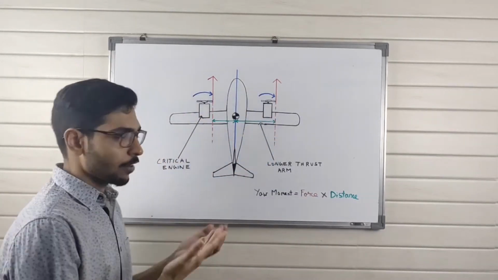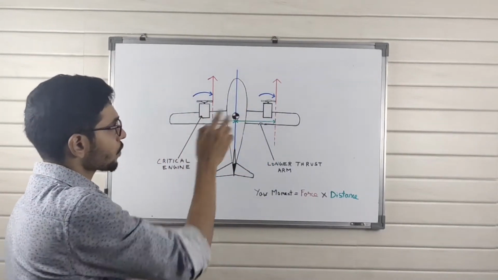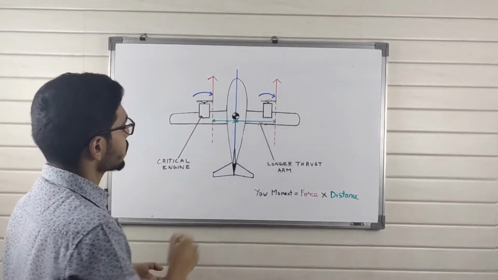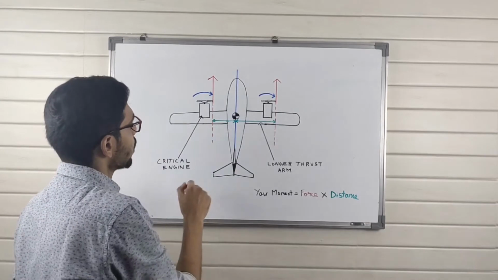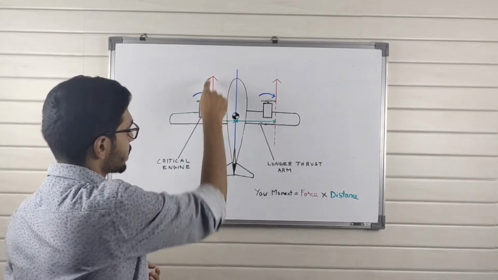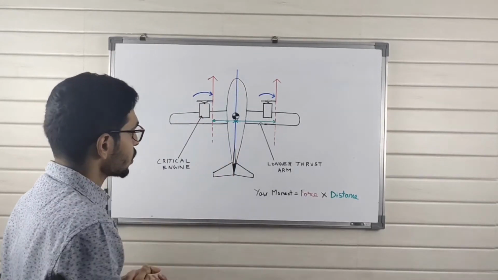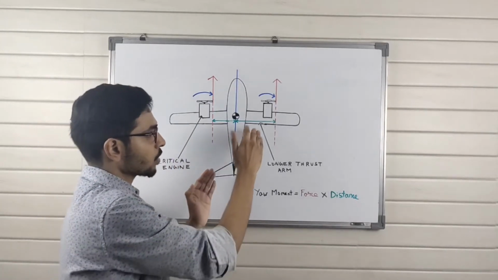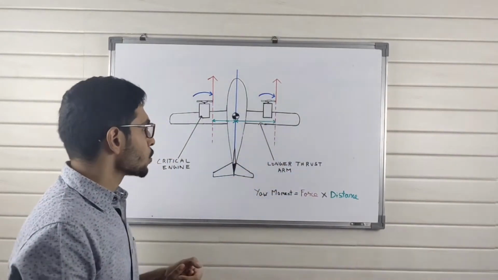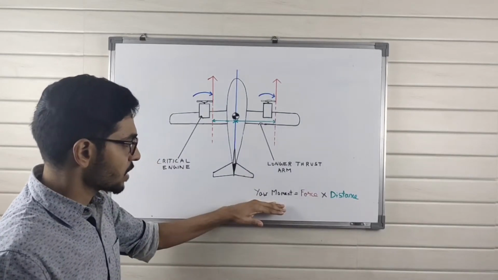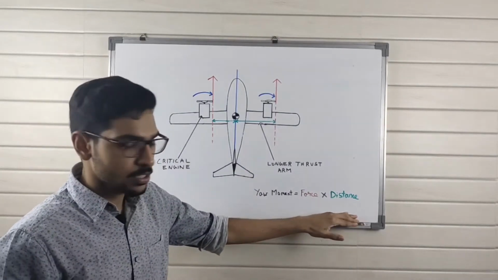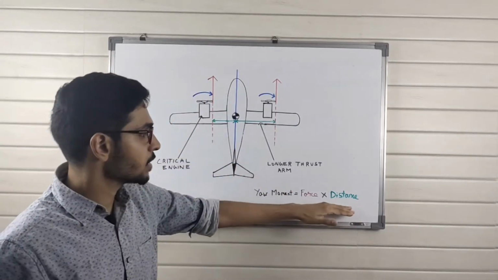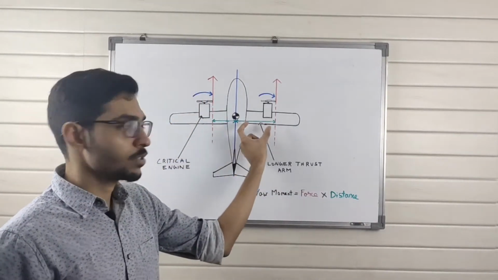So we have an aircraft here. Both the propellers of this aircraft are rotating in the same direction, as a result of which the distance that you see here, which is the distance between the center of thrust and center line of fuselage, is lesser on the left hand side and more on the right hand side. So if you see the yawing moment, which is the product of force and distance, the force in this case being your thrust force and the distance are these distances that you see here.